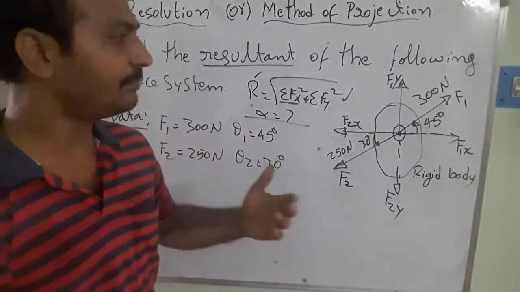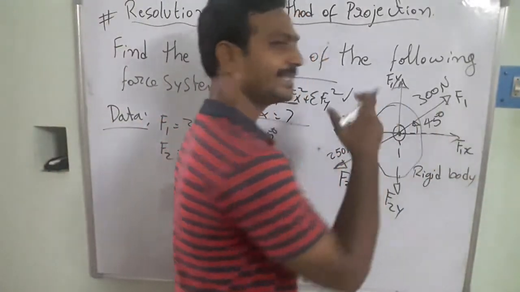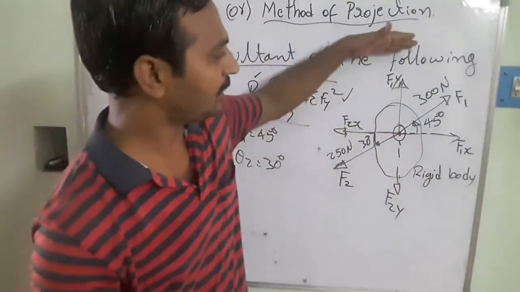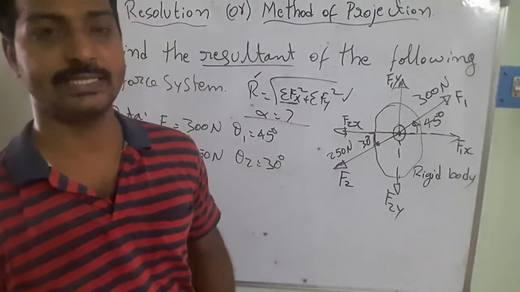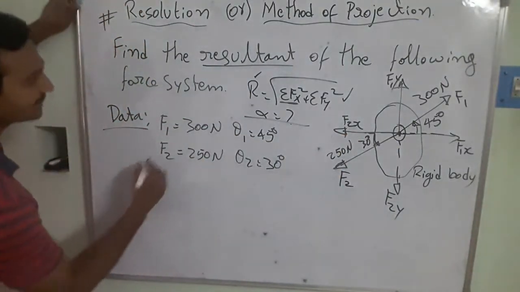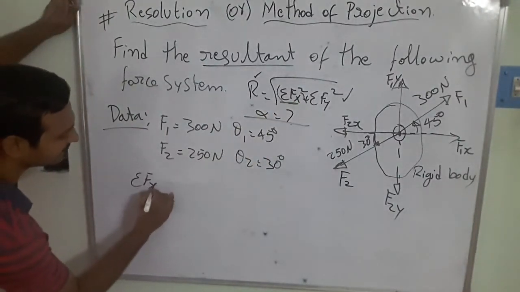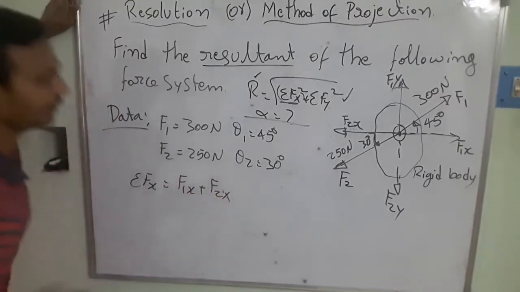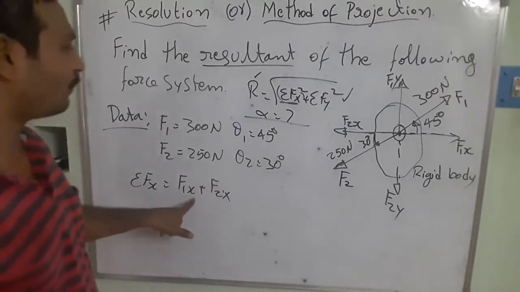At the same time, from the sign convention point of view, from this point, which is moving towards the right side is positive, which is moving towards this side is going to be negative, and above is positive and below from that point is going to be negative, we are going to be considering. So then how would you solve this one? So sigma f of x is equal to f1x plus f2x we need to take, because the summation of the horizontal forces we are going to be considering. What is the f1x in this case?